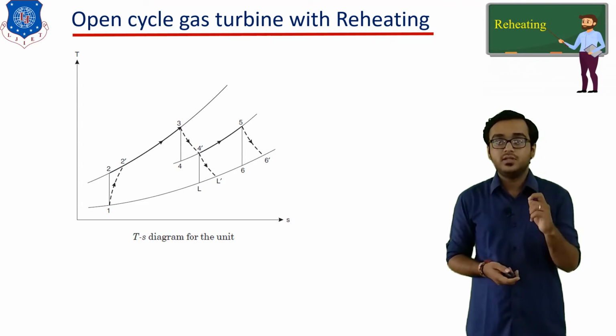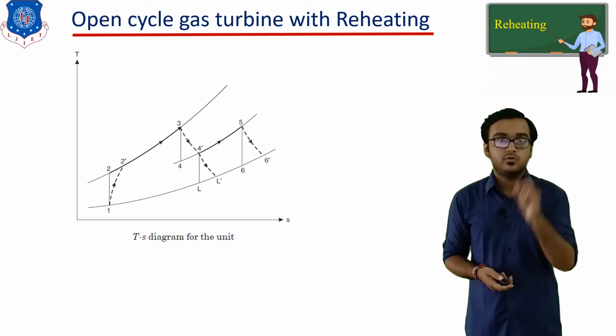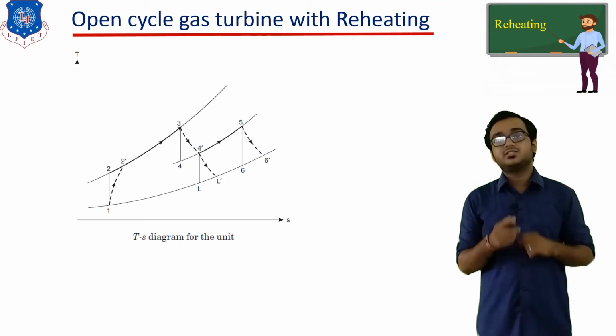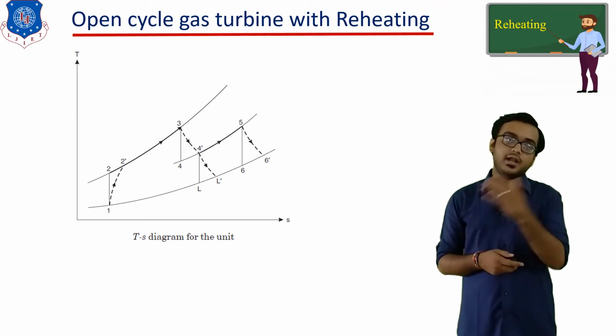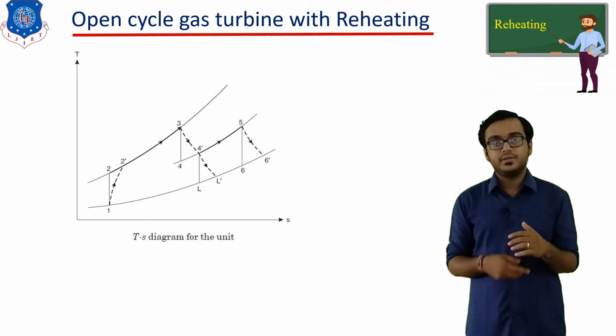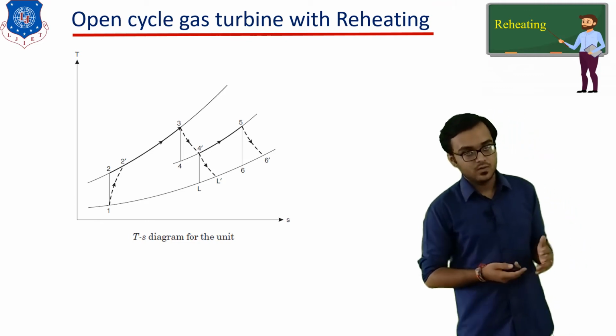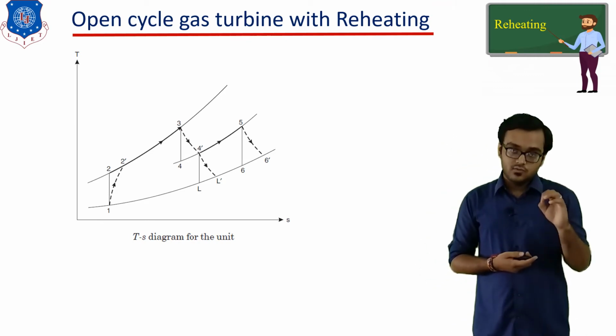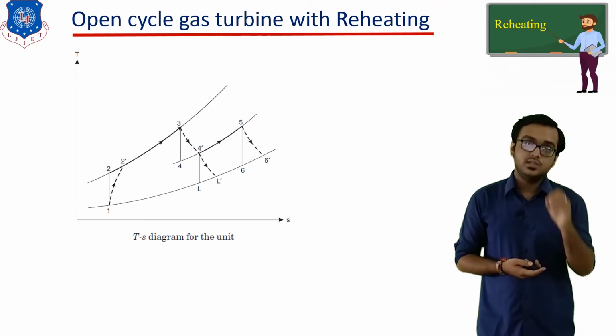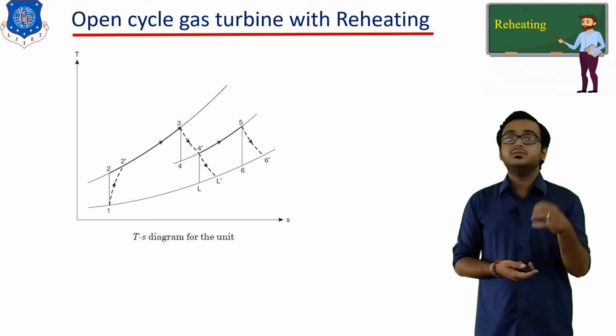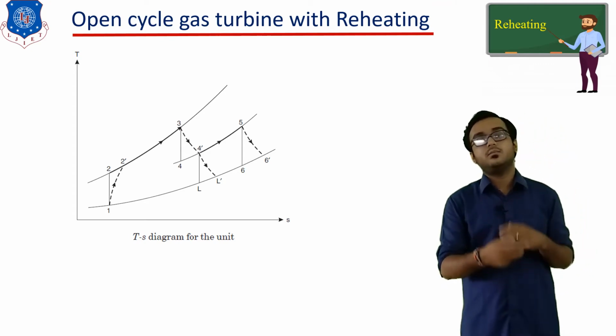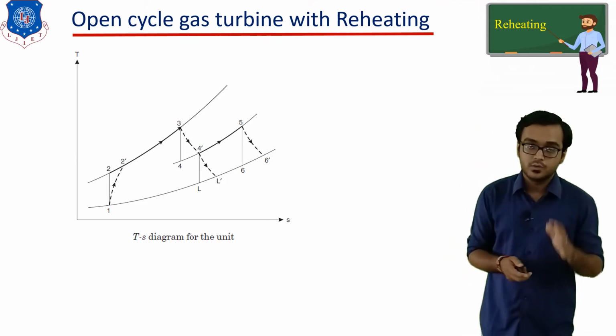Okay, and remember one thing, whatever the work that is produced by the high pressure turbine is directly supplied to the compressor in order to compress more amount of air. Okay, then 4' to 5 is again a combustion process which occurs inside combustion chamber 2, during which